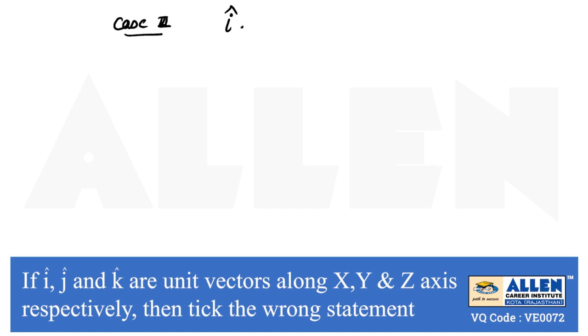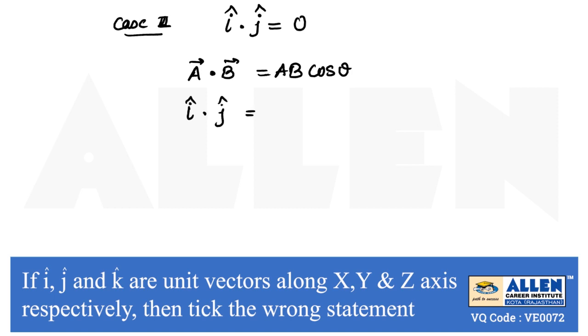Now moving on to the third statement, which is given as i dot j is equal to 0. Again here we are using the dot product of two vectors, which can be written as AB cos theta. So for i dot j, i cap having magnitude 1, j cap having magnitude 1, and cos of the angle between them. The angle between i cap and j cap will be 90 degrees because i cap is along the positive x-axis and j cap is along the positive y-axis. Therefore the angle will be 90 degrees, meaning the result will be 0, which was given, so this statement is also right.